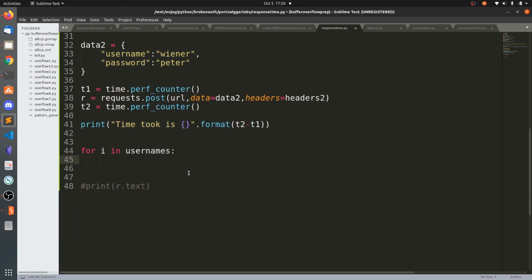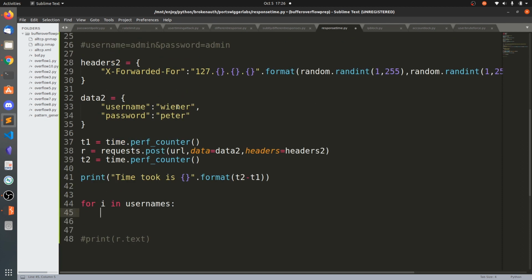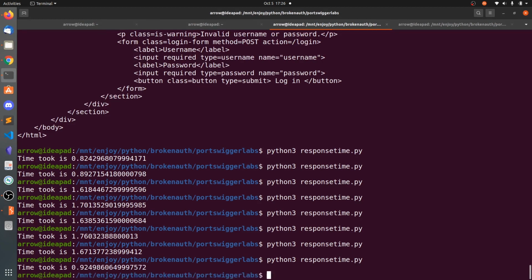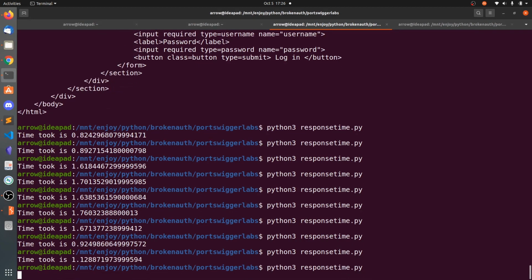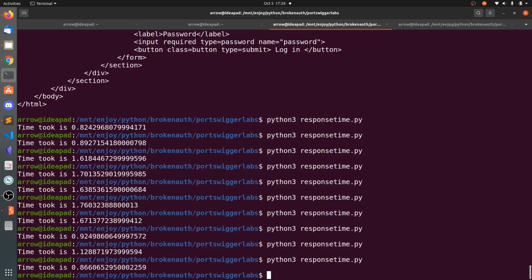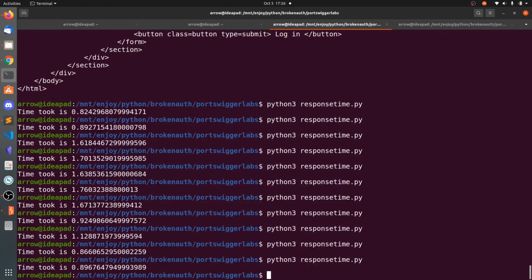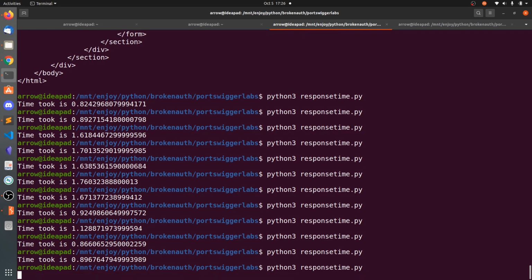Let's also try this for the correct username and the wrong password. Let's run this and see the time it takes, 0.92. So 1.12. So it's more than like 0.85.